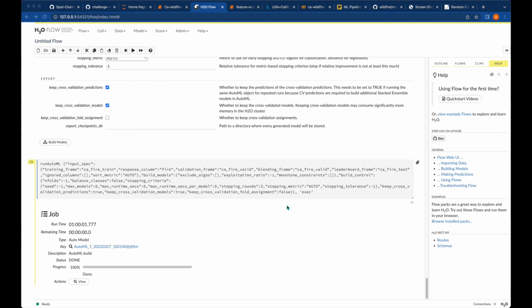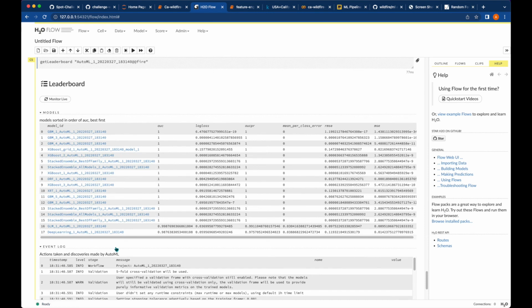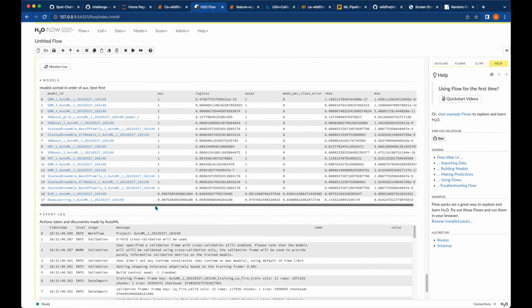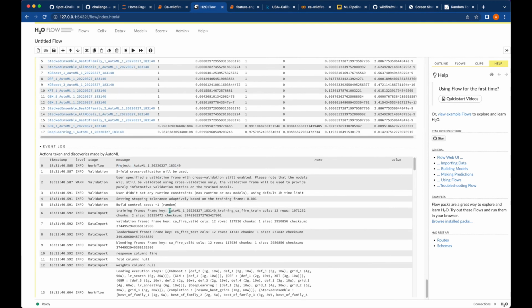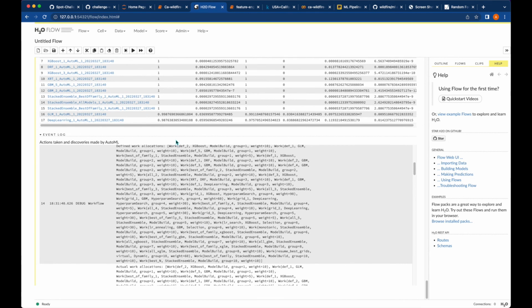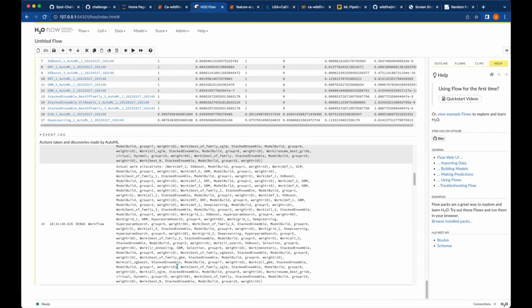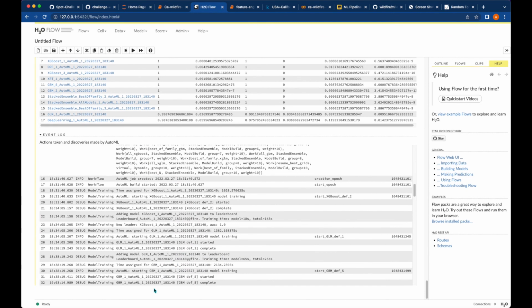The H2O AutoML process is completed. So let's take a look at the models. And here are most of these models, and the majority of these models had AUC 1, and here is the report about it. So you can get an idea about how you could start the H2O.ai AutoML process with our